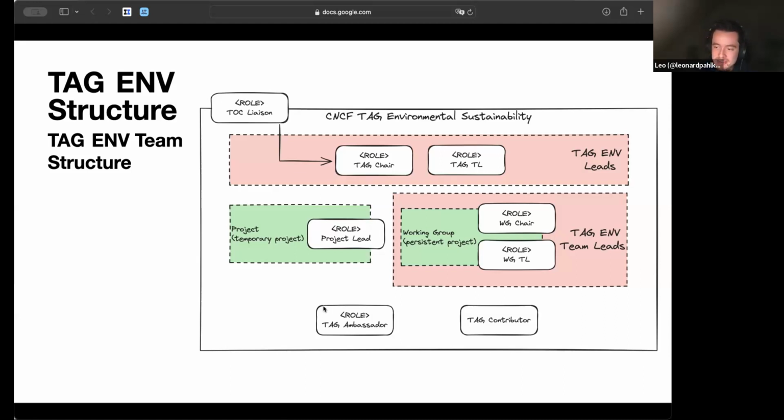Yeah, the ambassador, right? This is just some rough idea, the tag ambassador role, but I think it makes a lot of sense. Maybe also, for example, some folks are working with other organizations, the Free Software Foundation, for example. Maybe this can be something where an ambassador could be a good fit.